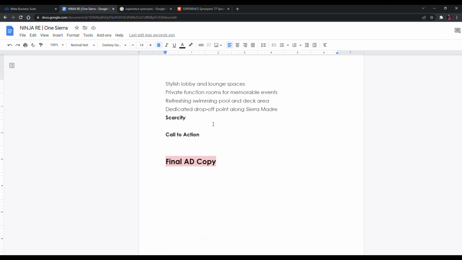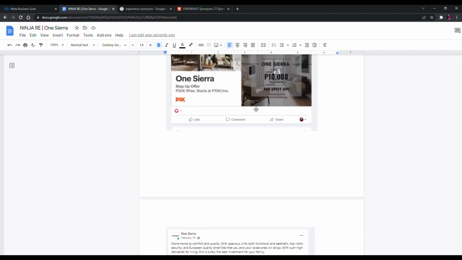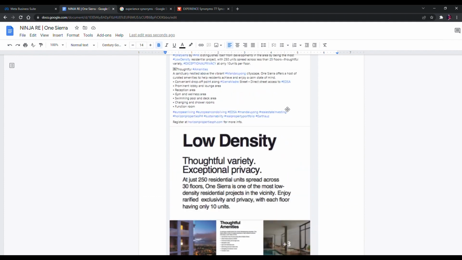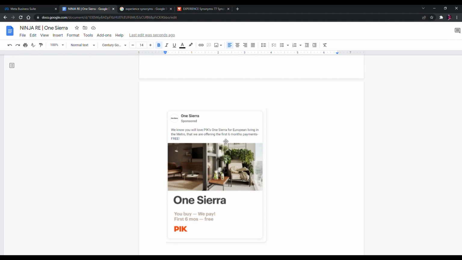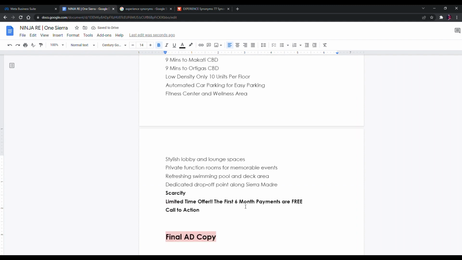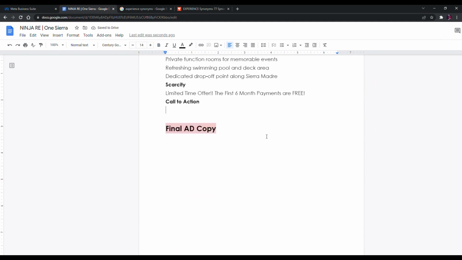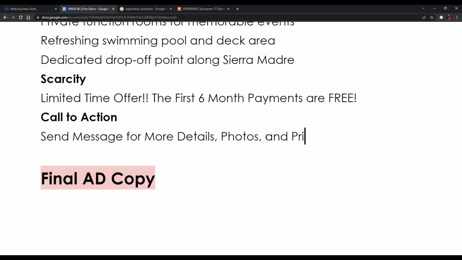Now scarcity is simple right here. So what I'm going to do is find one of those things that I knew I saw right here. We are offering the first 6-month payments for free for a limited time. There we go. Limited offer, 6 months for free. Just like that. And call to action. Now you can go ahead and test this. So do this: send message for more details, photos,